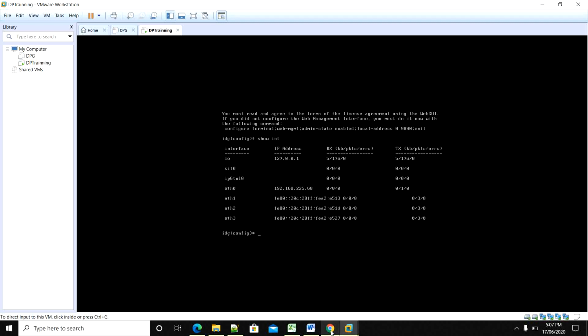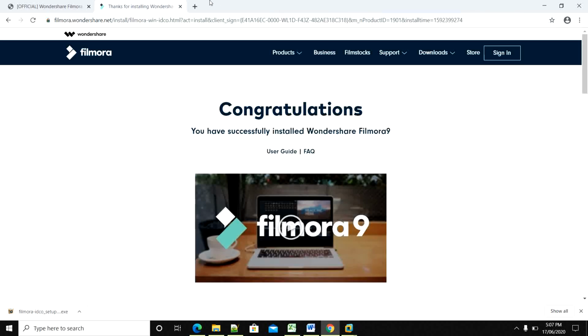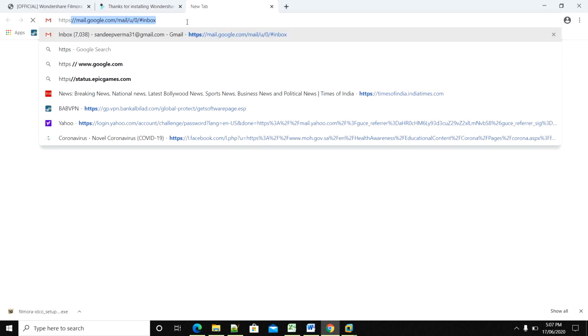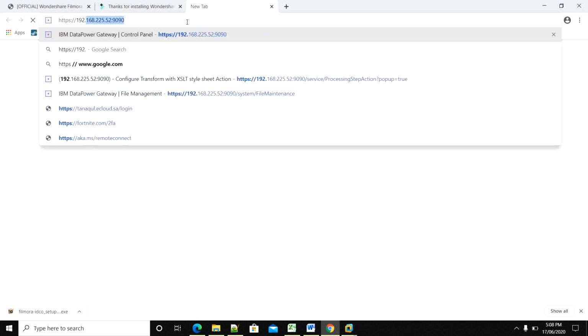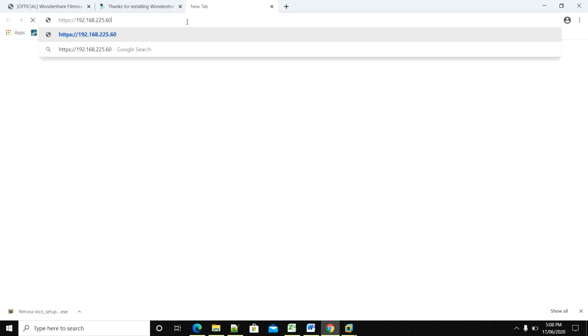Now we will move to Chrome to see that we can access it. So now let's see. HTTPS, 192.168.225.60, and the port, as I mentioned, for the Web GUI we'll use 9090.